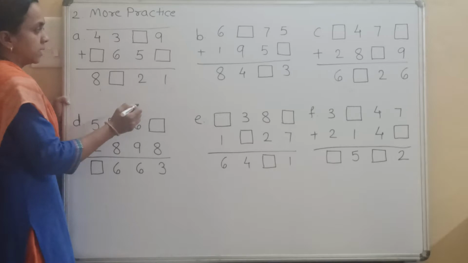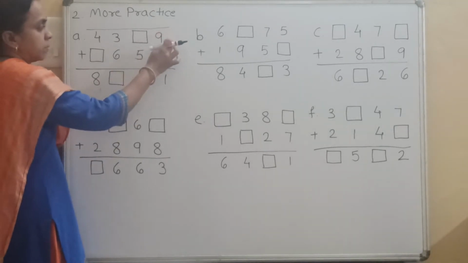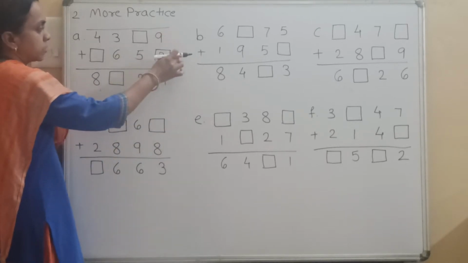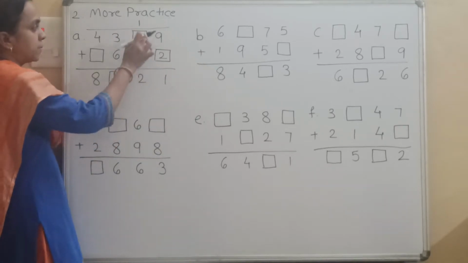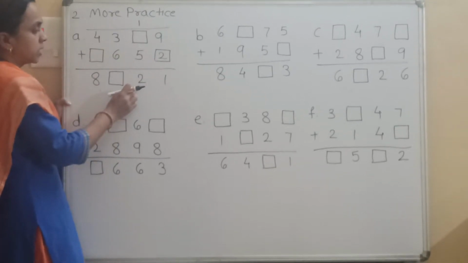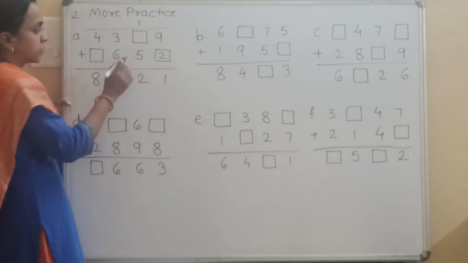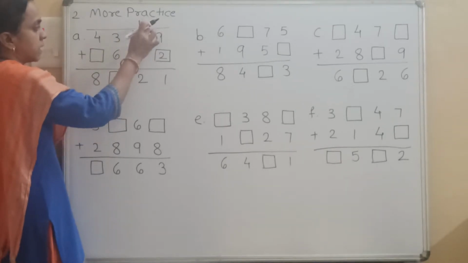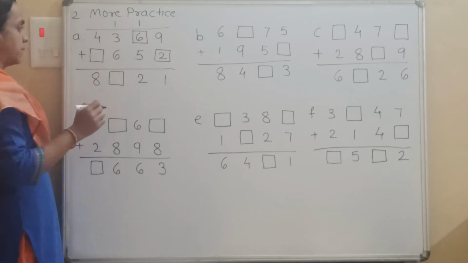1 means 11 here. So if we add 2 to this 9, 9 plus 2, 11. So you write down here 2, 9 plus 2, 11. So 1 is our carry. Then 5 plus 1, 6. Now in 6 number, which number we have to add? Then we will get number 2. 2 means 12 here. So we have to write down here 6. 6 plus 1, 7. 7 plus 5, 12. So 2 is here. Write down the carry 1 here.